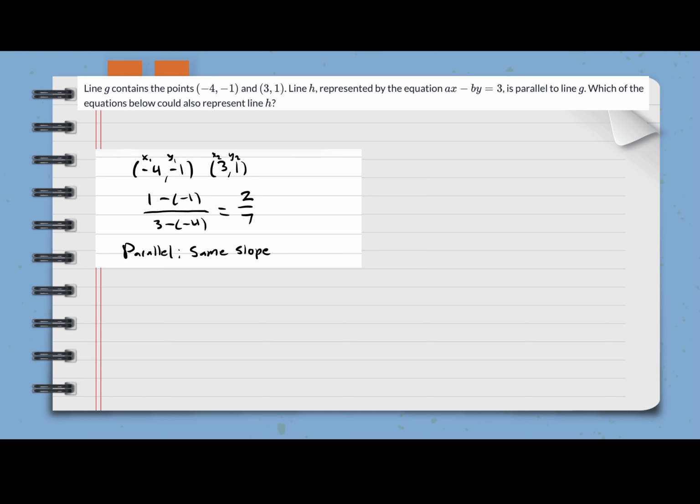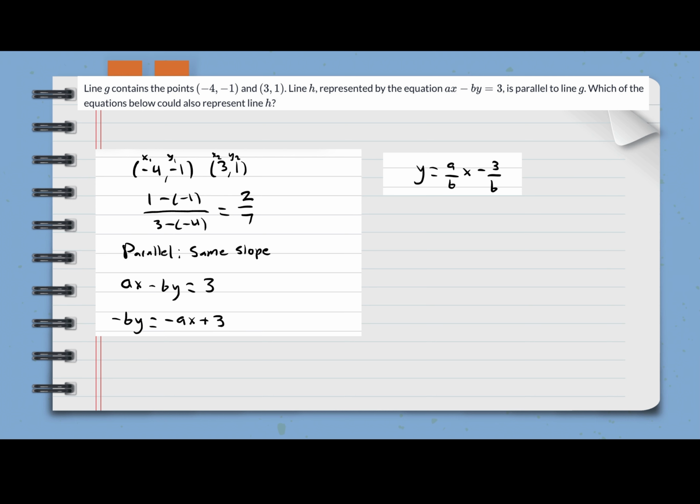And again, just like the last one, we can just solve for y with this equation given here. ax minus by equals 3. You just solve it out like normal, and you'll end up with y equals a over b x minus 3 over b. Now, just know that a over b will equal 2 over 7, and also keep in mind that means that b equals 7. So we can actually fill in that b on the y-intercept here to get y equals 2 over 7 x